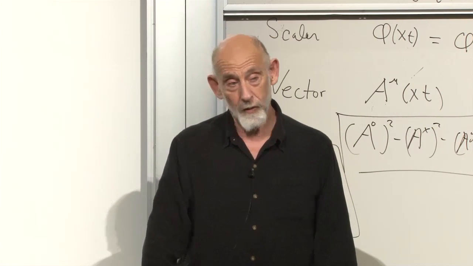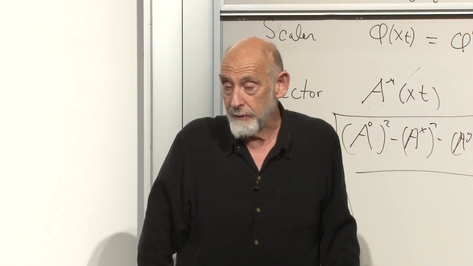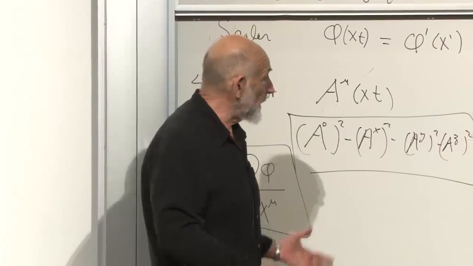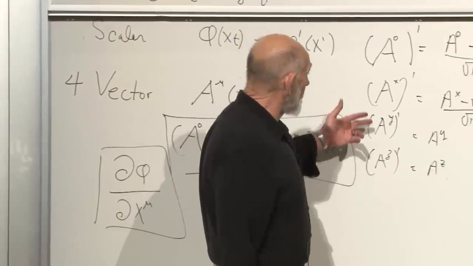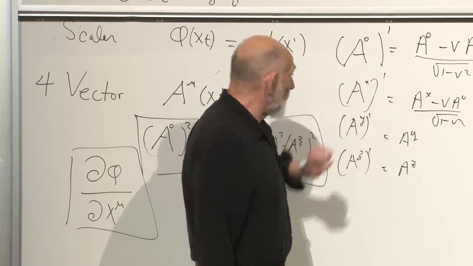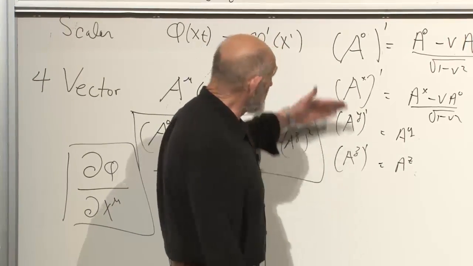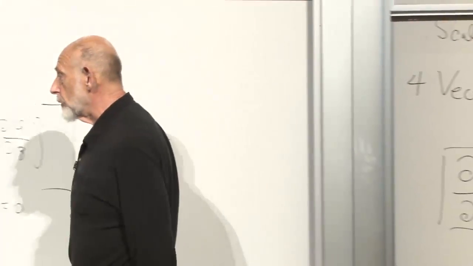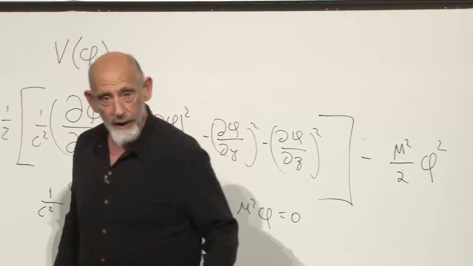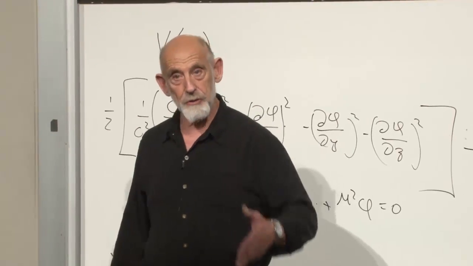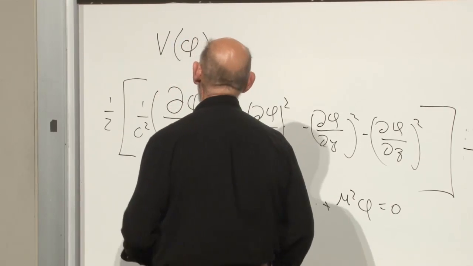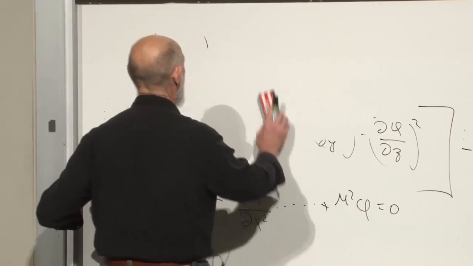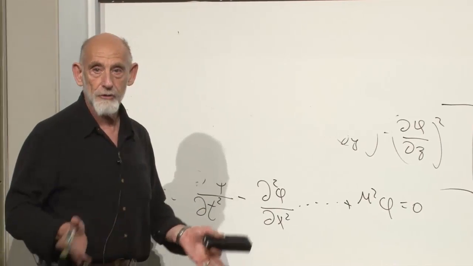But couldn't you have the space dimensions rotated, getting involved in the whole thing so that it gets more complicated? Yeah, I mean, that's right. You could, first of all, you could have a Lorentz transformation not along the x-axis, but along the y-axis. In that case, let's think about a Lorentz transformation along the y-axis. This would be a transformation in which two coordinate systems were moving along the y-axis. Then the transformation properties would be exactly the same, except that wherever you saw x, you'd stick y.